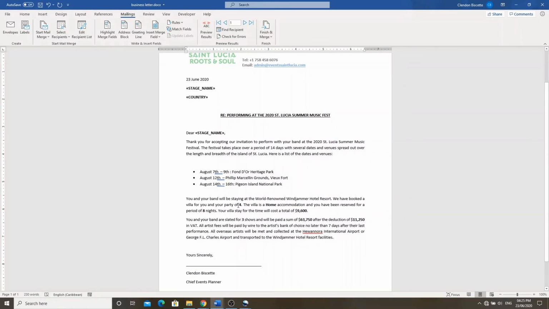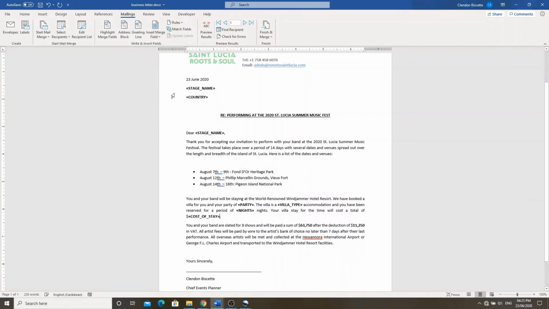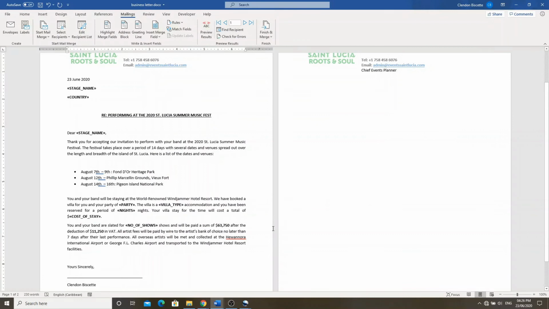We have booked a villa for you and your party of, so I'm going to insert party. The villa is a home accommodation. I'm going to insert villa type. You have been reserved for a period of 8 nights, so I'm going to go with nights. Your villa stay for the time will cost a total of, so I'm going to insert the cost of stay. You and your band are slated for 3 shows, so I'm going to insert number of shows,